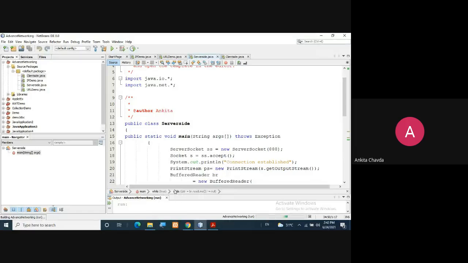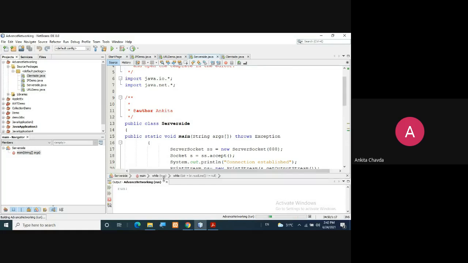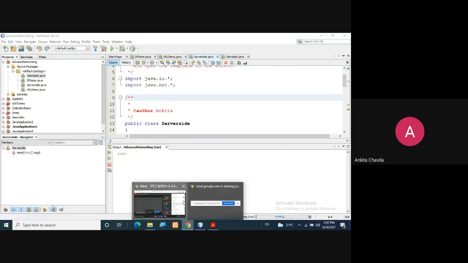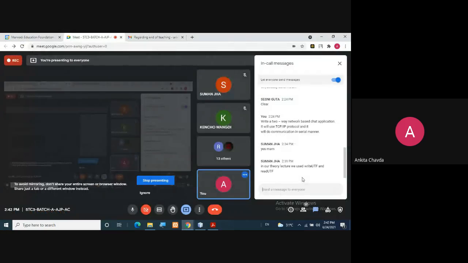Fine. So first you have to run the server side. When you run this, it will take some time. Meanwhile, I'll check your query. Yes, you can use anything. If you have used writeUTF and readUTF, that also you can use.